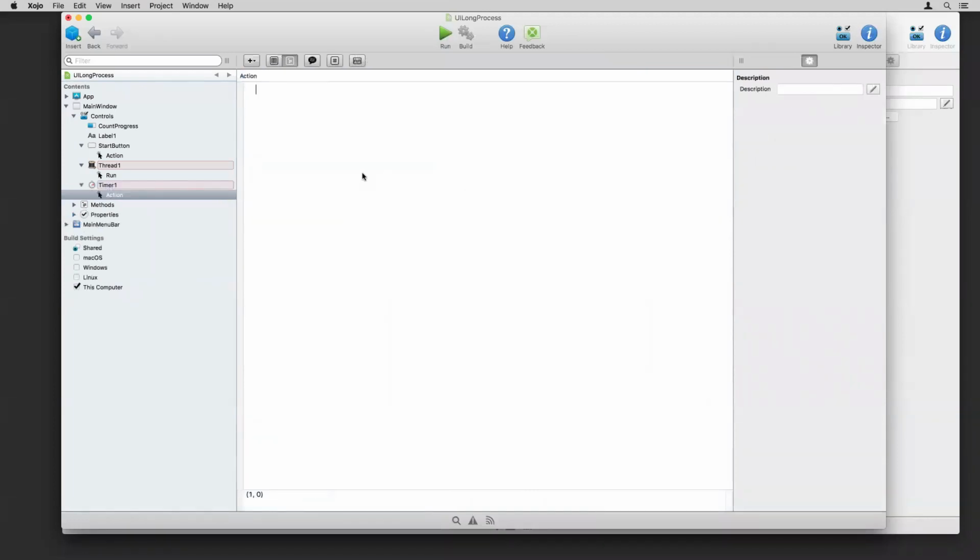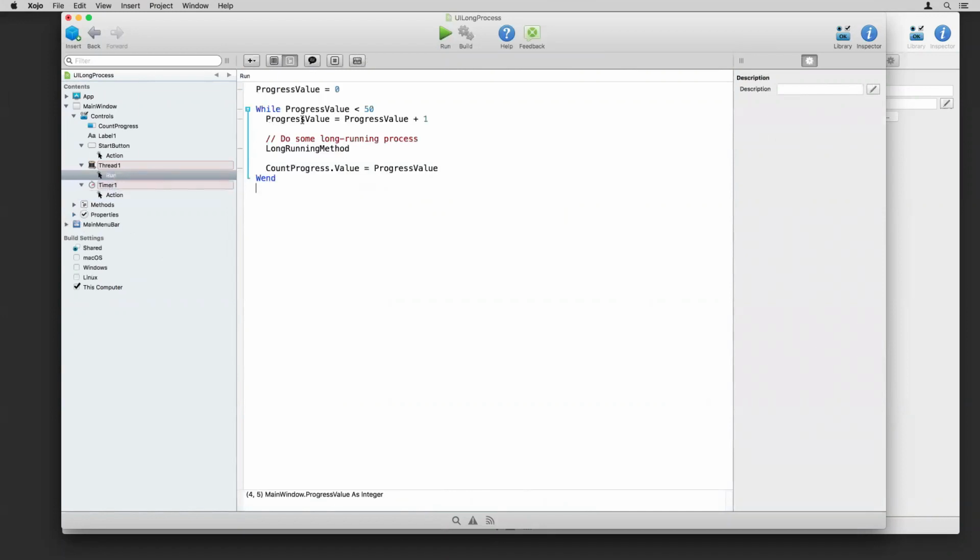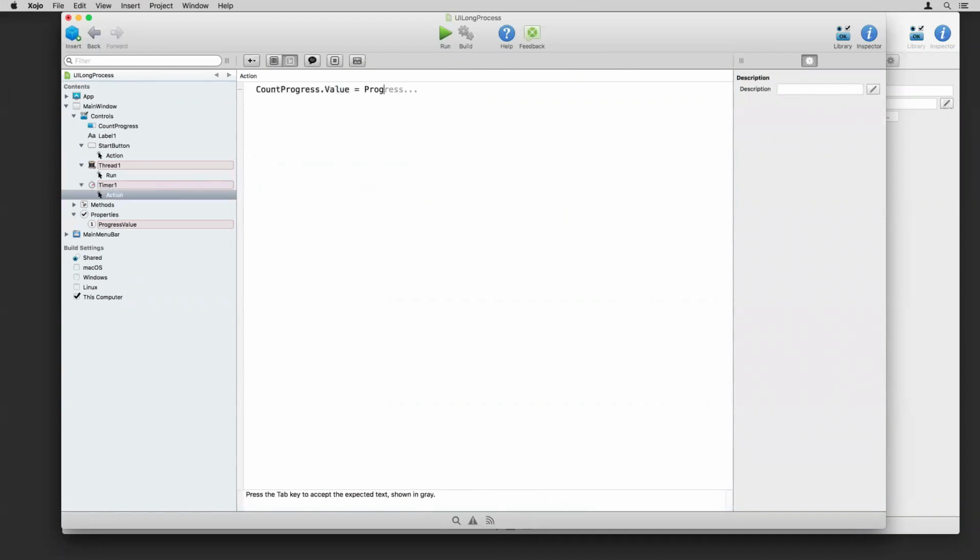And then on the timer event, I can tell it to update the progress bar using the value that the thread updates, which is this property progress value. See there. And I can tell the timer to essentially disable itself once it reaches the end, so it doesn't keep firing for no reason and not really needing to do anything. Now, if I run this now,